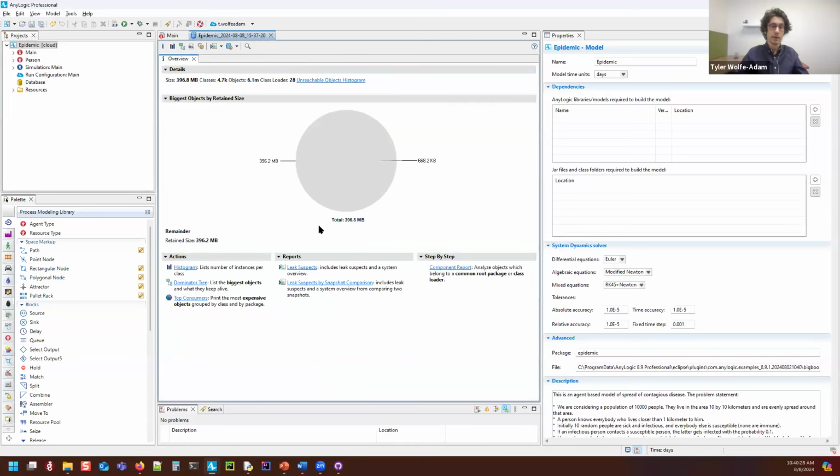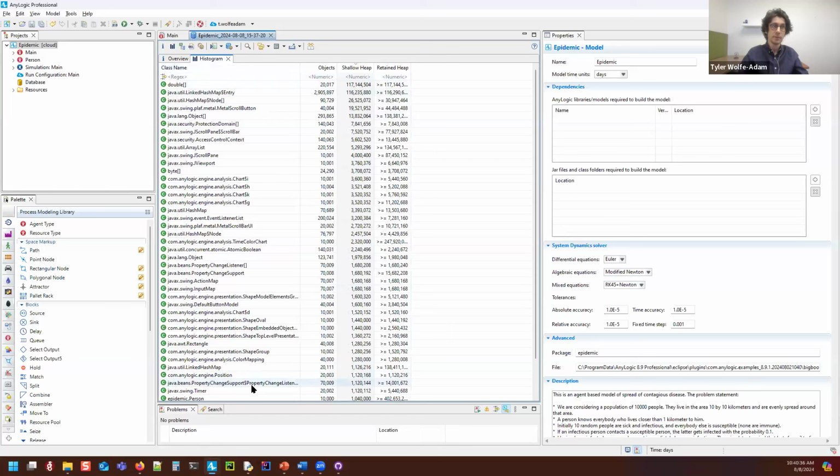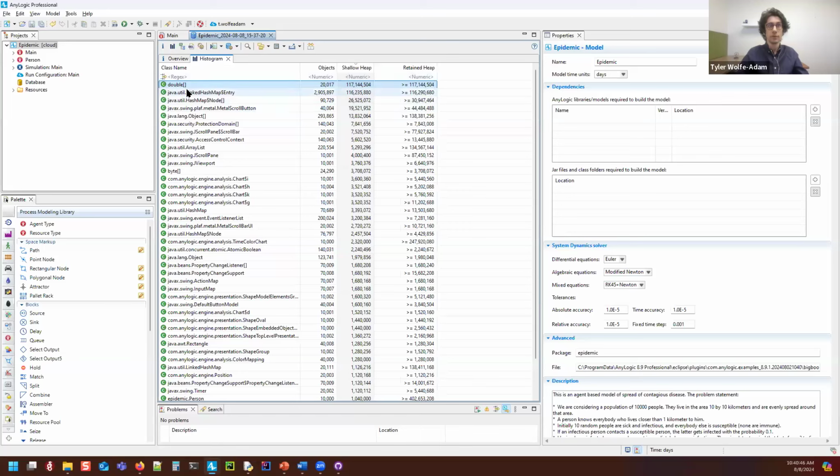Let's go back. And so to get some general information, let's check out the histogram. So this says per data type, how many objects, instances of that object are there in the entire executable. And then it gives the shallow and retained heap. As you can see, this lists literally all of the classes that are used inside of the executable. And there are ways to filter or group this that I'll show shortly, but I just want to explain that